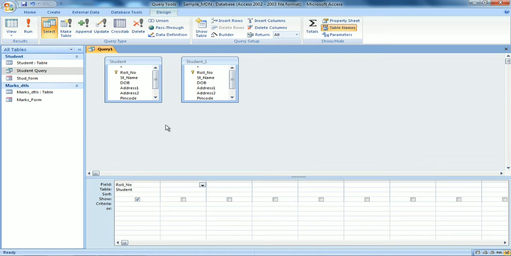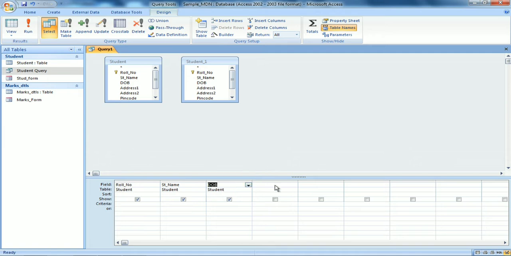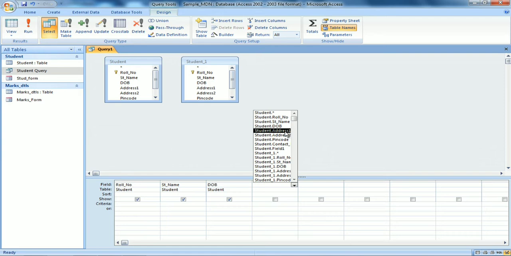From the drop down list, all my field names will be available because I have selected the table, table name student. The same query we had done in query wizard, that only I am showing to you first, and then we'll show you the selection. Address 1, table student.